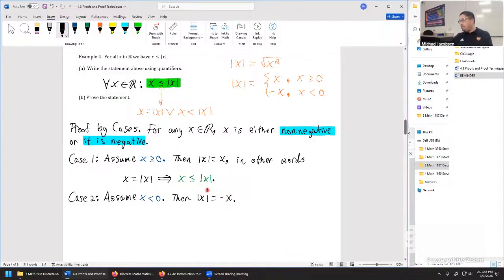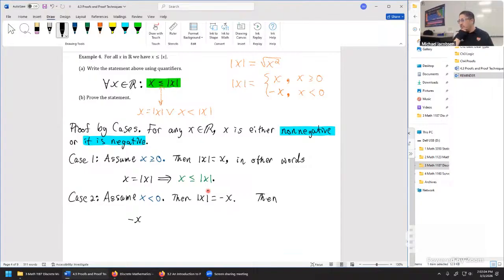Well, if absolute value of x is equal to negative x, and x was negative, then let's place our negative x right here. Negative x is going to be equal to, let's say,